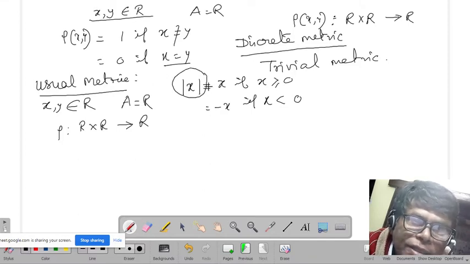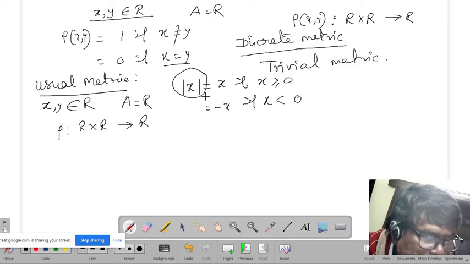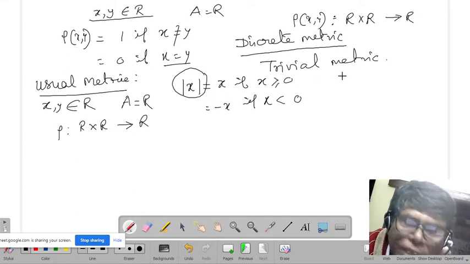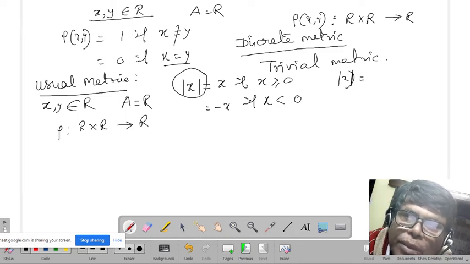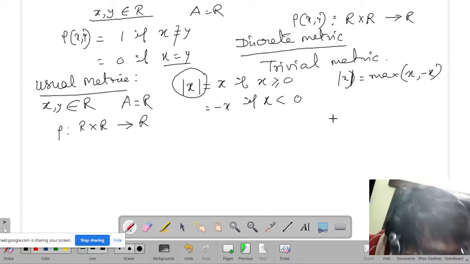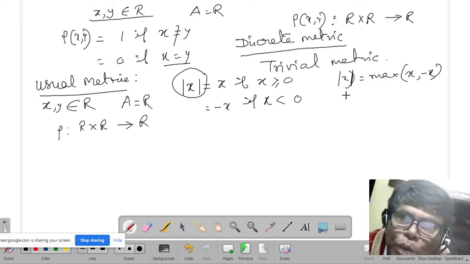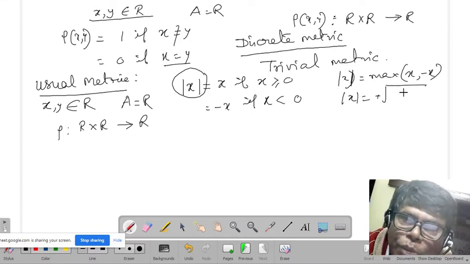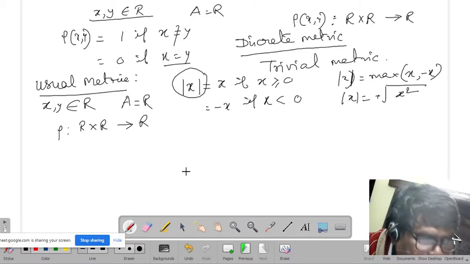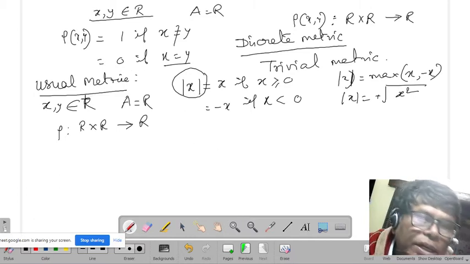Modulus x can be written as the maximum of x and minus x. This can also be written as plus square root of x square. So for any two real numbers, we can define